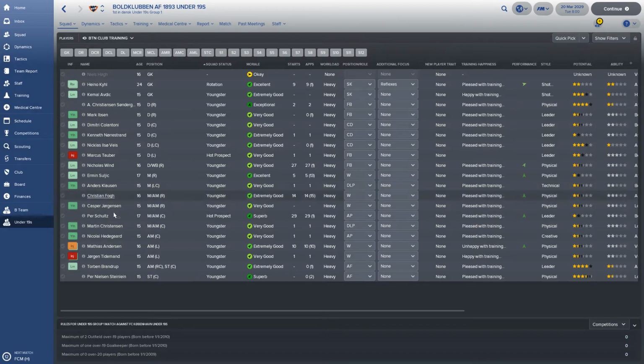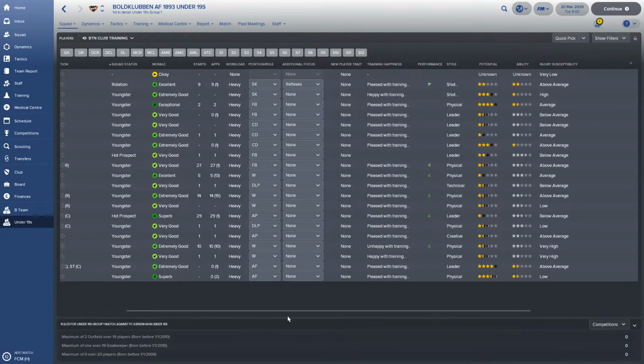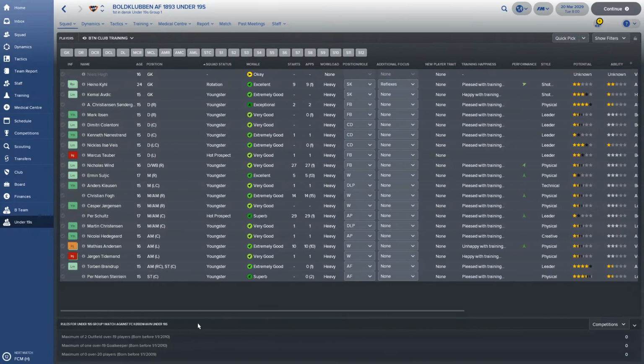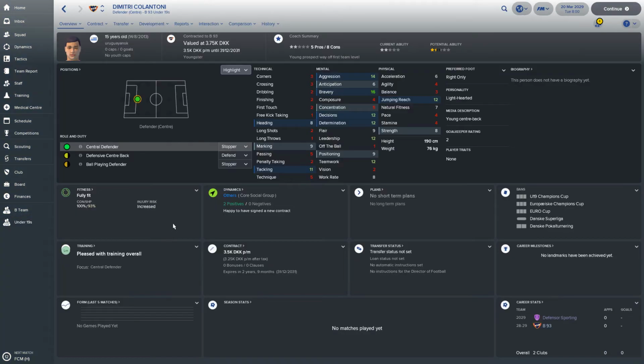Like for instance, I have a partner club, a club from Uruguay that I have a partnership with, and when he's going to find a player from there, let me see if I can find him real quick. Oh, is it here? Oh, there we go.